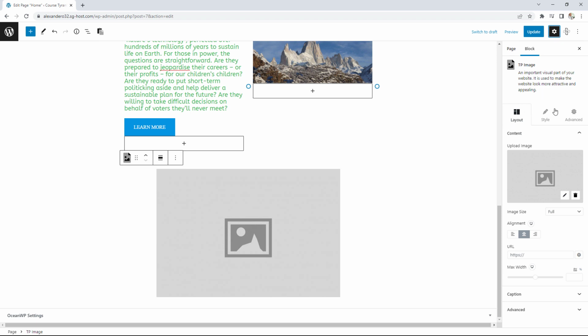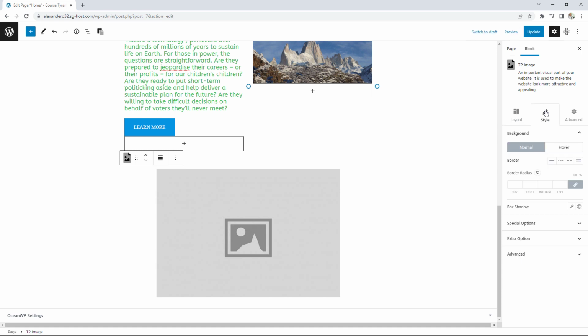So you will have layout where you can customize the content, add your image, the alignment, things like that. And then style obviously would be where you would change things like the color, the size of the text, the width of the image, things like that. And then under advanced, you will have access to things like your animation, positioning, responsive features, and so on. However,